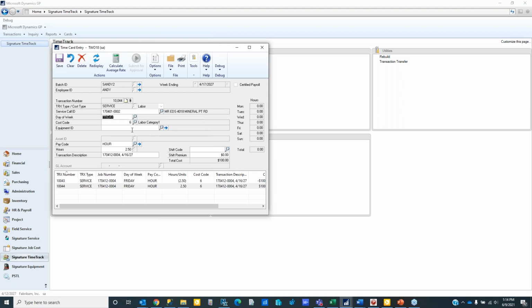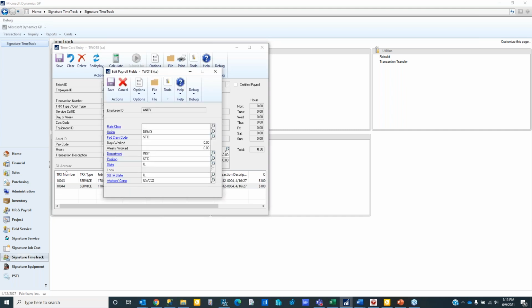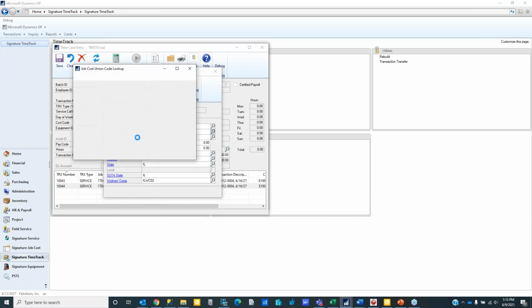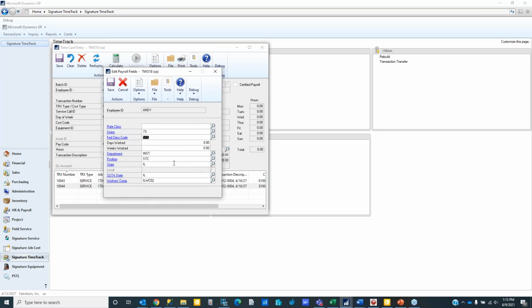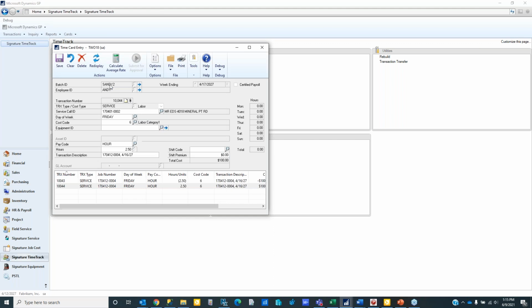If you need to change things like the cost code, or as Cheryl mentioned, the union information, let's see if I have other unions here. Yeah, maybe it's this union instead. So you can make those types of changes here, and maybe even my time was wrong and it should have been 3 hours instead. So once we have that where we want it, we can save it,